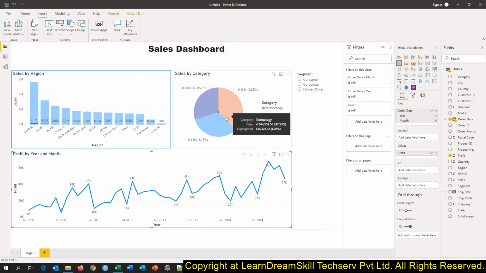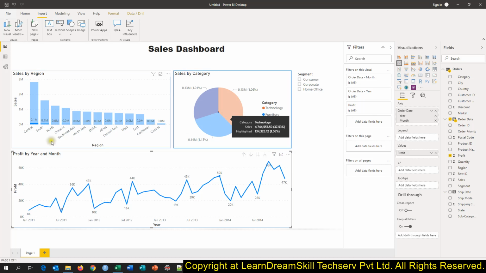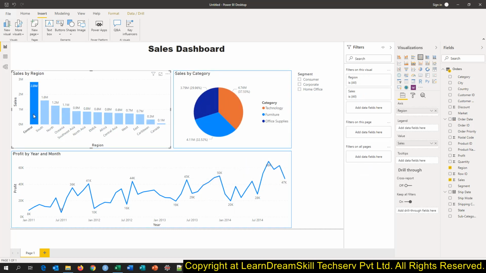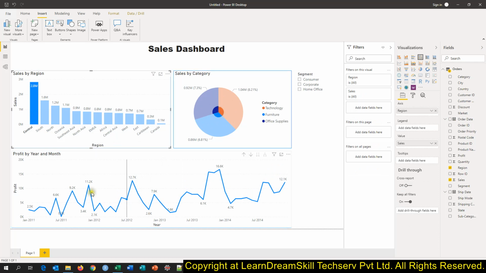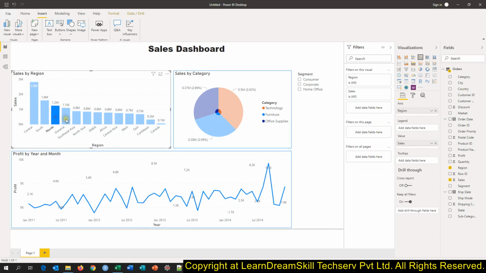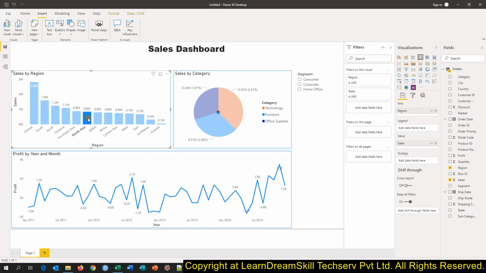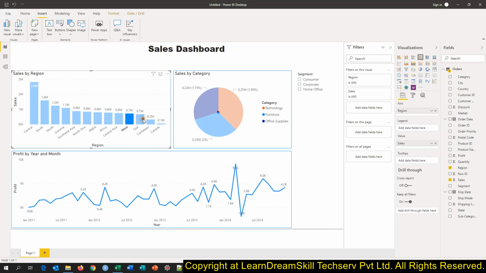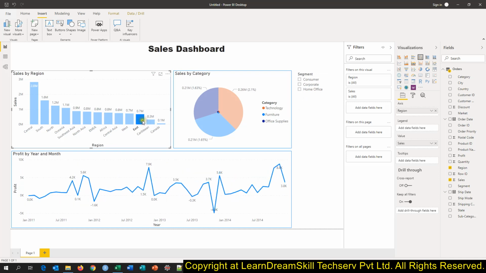We will have to do some setting which you will learn later, whereas you just see lesser value. So mainly this filter is also applicable on this chart. Okay, so uncheck it. I just select the central. So see, for the central, we will have to do some setting which you will learn later, but you can just apply a filter, and you don't need to create a separate slicer. A chart also works as a filter for other charts.